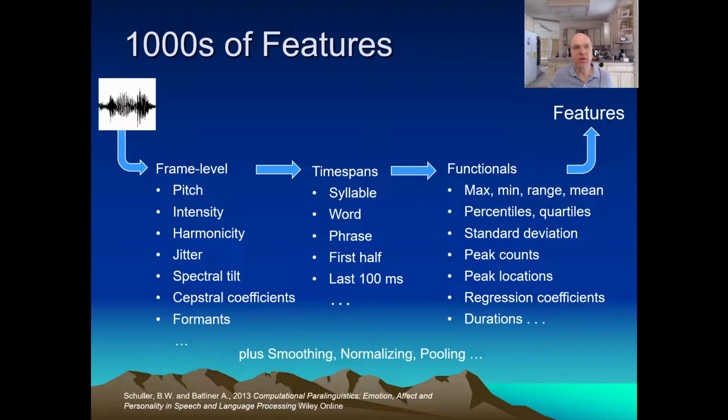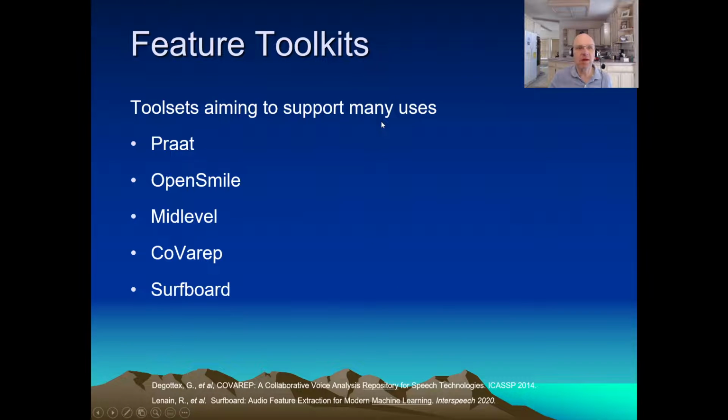We're going to wrap up this lecture with some practical comments, first on the toolkits you might use. Many groups have produced toolkits for computing prosodic features. The overall aim is to make life easier for modelers. And if your boss tells you, we need some prosodic features, then you can use any of these and you've done what you were told. Whether or not you've obtained a set of features that are useful for any specific purpose, well, that's a different question. In that case, you'll need to dig a little bit deeper, figure out exactly what you really need, and consider all the pitfalls and issues, some of which I've talked about already.